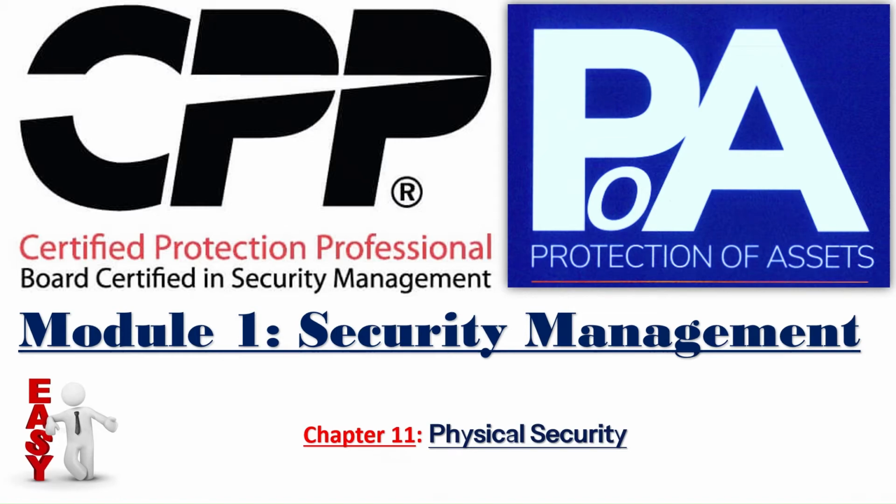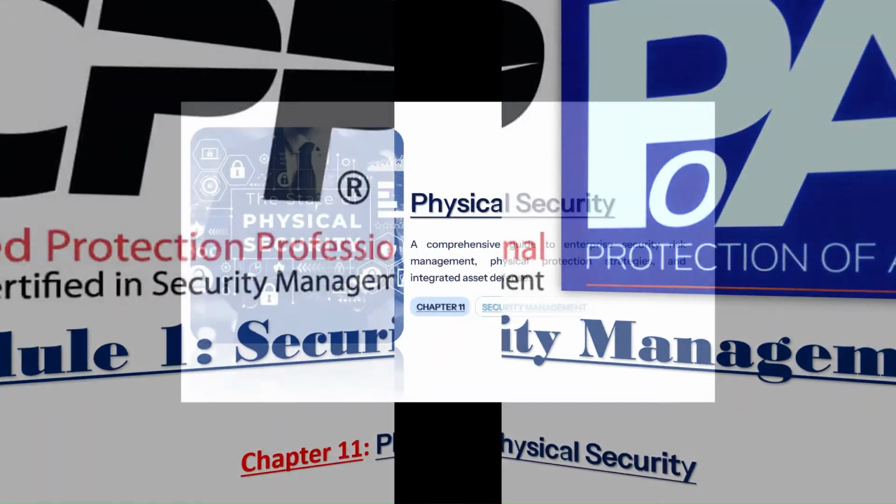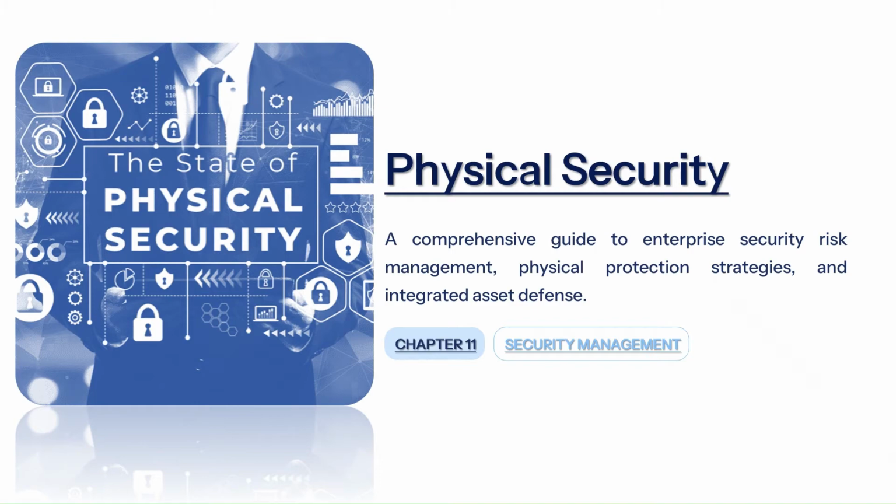From perimeter defenses and access control systems to surveillance technologies and layered protection, physical security forms the visible and operational side of enterprise protection. This chapter will examine how physical security supports overall security management and contributes to risk reduction and organizational resilience. Physical security is a comprehensive guide to enterprise security risk management, physical protection strategies, and integrated asset